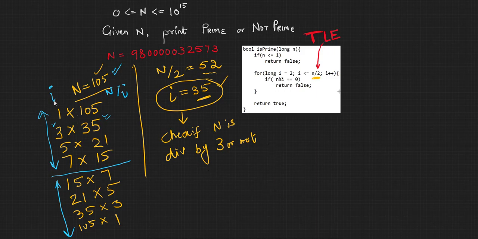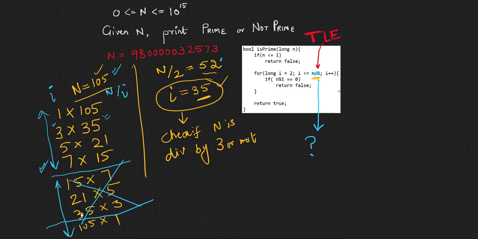So we are saying we will run our check not up to n by 2. If we go with n by 2, it was 52. That means essentially we would have gone up to this point. But we are saying now we can cut this range also. We can go only up to this point. Now the question is, what should be that new limit here? In place of n by 2, what can we write? This is something that has to be thought through.